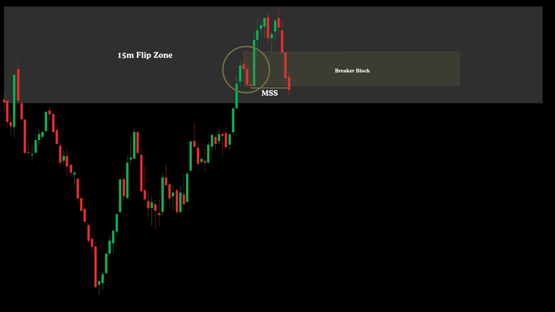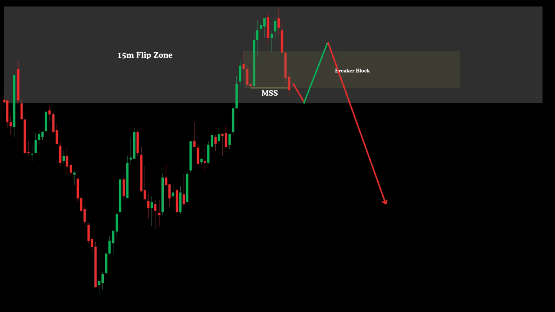Notice the sequence here. Price first formed a swing high, then a swing low, followed by a higher high. But immediately after, it reversed direction and closed below those down close candles. This confirms the breaker block and gives us another strong confluence for a short entry. With these confirmations in place, we can expect price to pull back to the breaker block before continuing downward towards